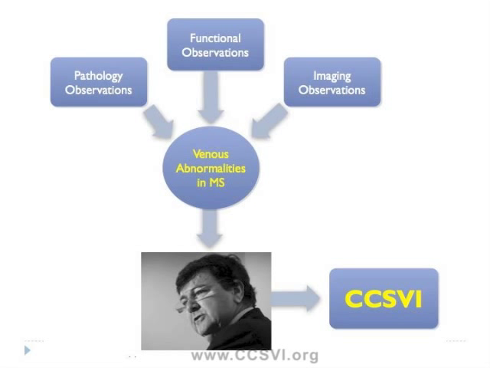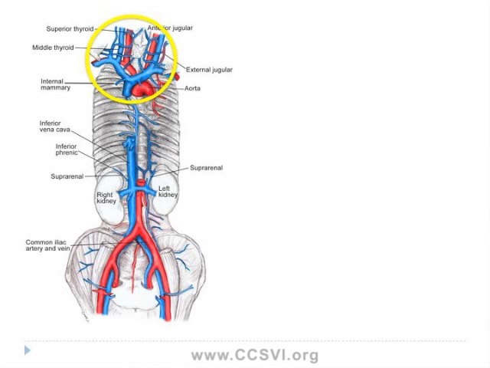And, you know, what this is really all about is conceptually we're talking about a venous obstruction that's involving the veins that drain blood from the brain and the spinal cord. A lot of people get confused sometimes, it's not about the blood going to the brain and the spinal cord, it's about the blood coming from the brain and the spinal cord. And so what we're looking at are essentially two sets of veins. The first set is the jugular veins, and they're the principal veins that we think about from vampire movies, the large ones on both sides of the neck, and they're chiefly responsible for much of the blood flow from the brain.